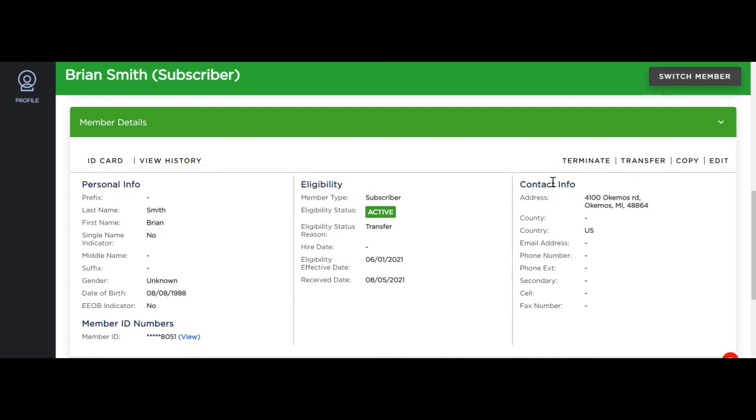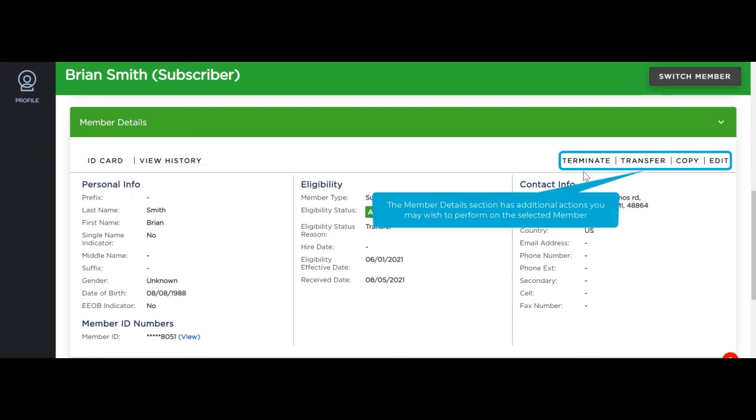All the way over on the right are several different actions that you as a user can take. The first is Terminate, which would be a shortcut to help you terminate the member, Transfer to move them from one enrollment to another, ending the first enrollment, and then Copy would copy them into a new enrollment, maintaining their original enrollment. And then Edit, which would allow you to